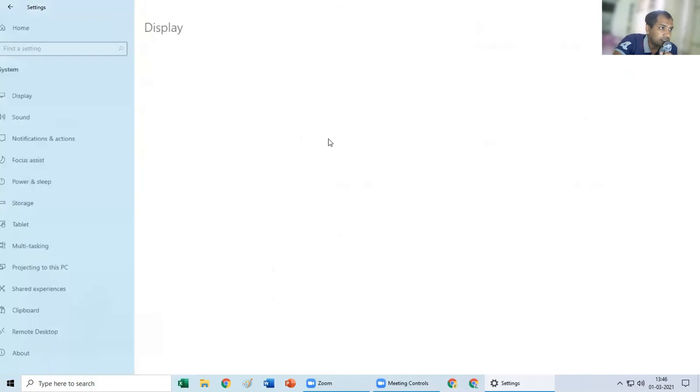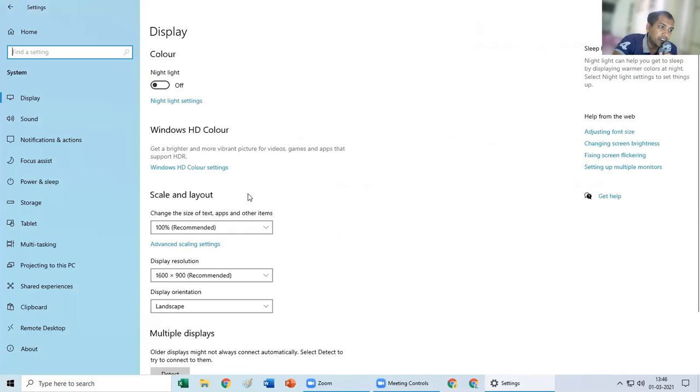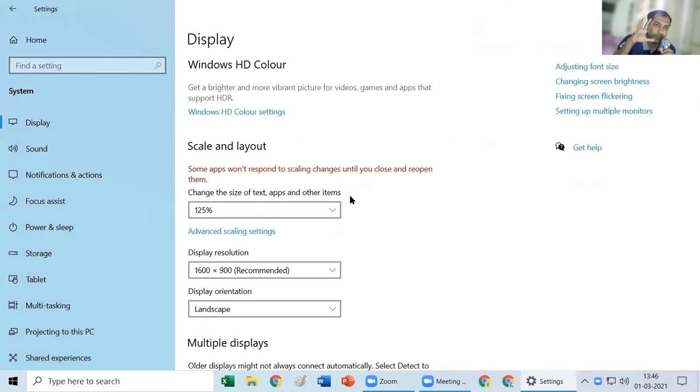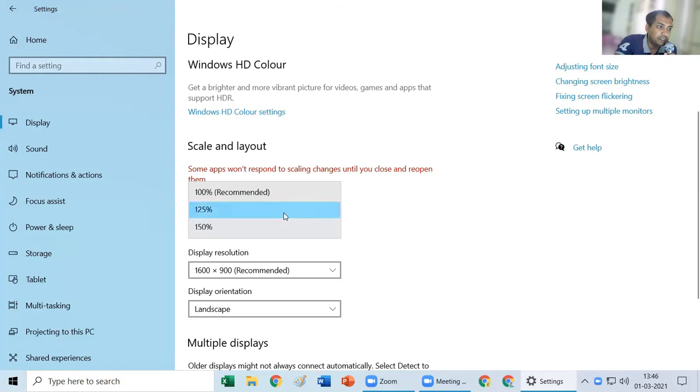Again, we go back to the settings here, scale and layout. Now scale and layout is the adjustment of the screen. If I click on 125, you'll see the picture has become a little large now. Sometimes when I come across many people, they say that my screen has become very big. So here is the option from where it has become large.